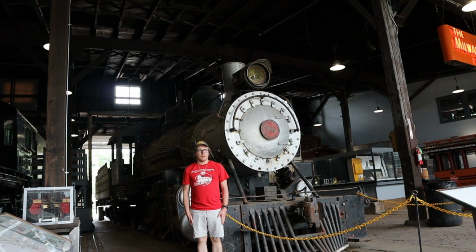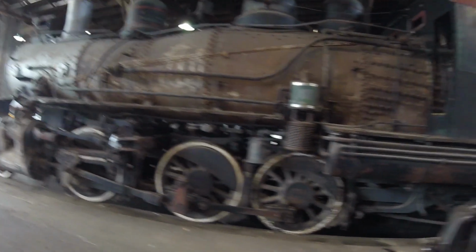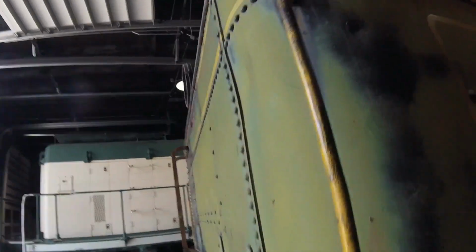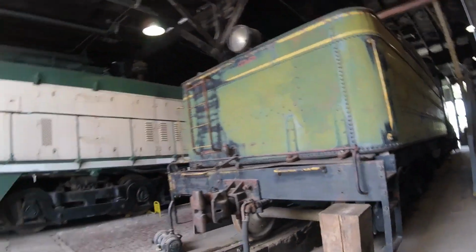What you see right behind me is Florida and Alabama 18. Florida and Alabama 18 was built by Baldwin in Philadelphia, Pennsylvania in 1920 and is the 528 50th steam locomotive built by that